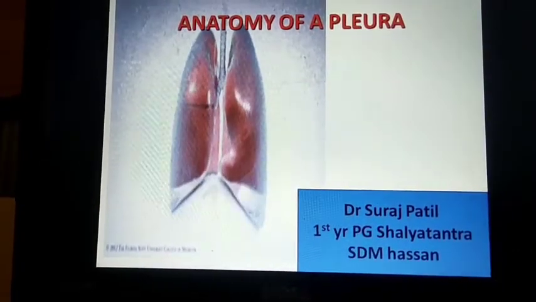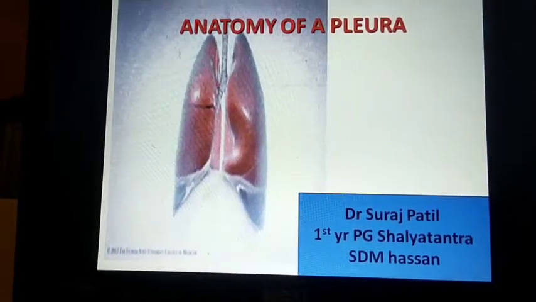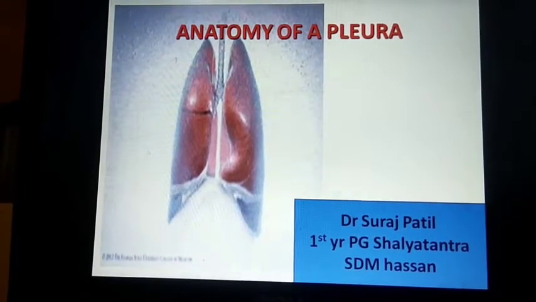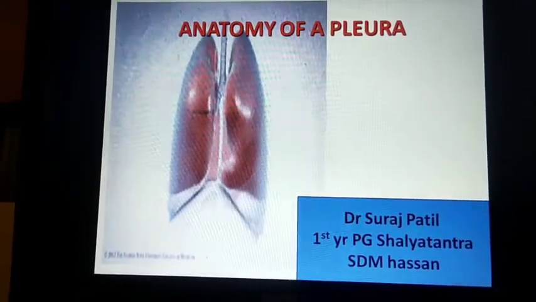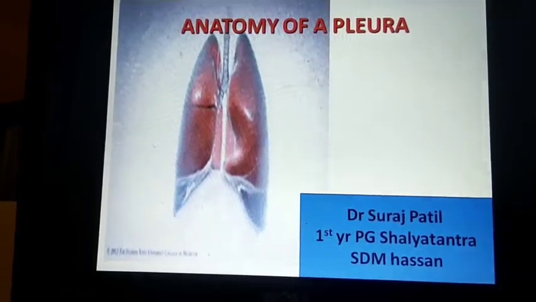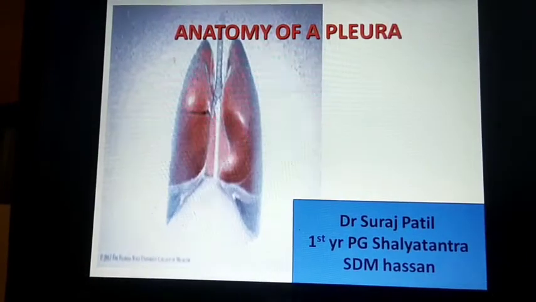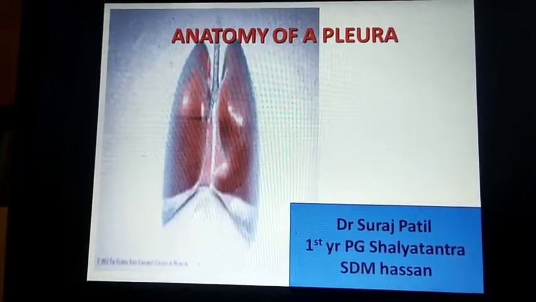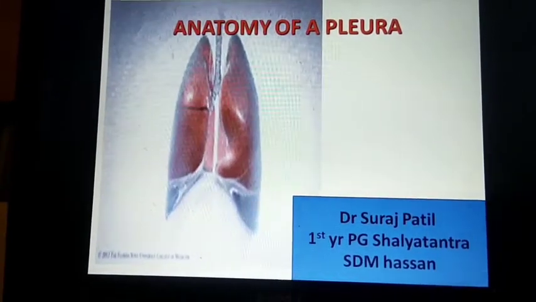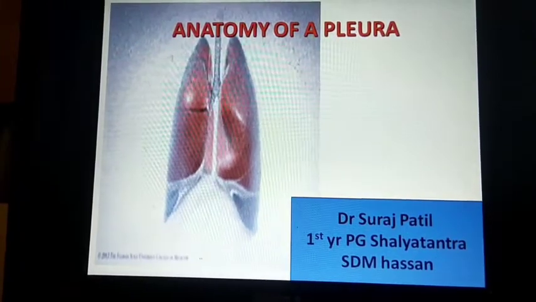The definition of the pleura: it is a delicate serous membrane that lines each half of the thorax of mammals and is folded back over the surface of the lung of the same side. In the last class we studied the anatomy of the lung. Just as the peritoneum covers the abdomen and protects the internal abdominal organs,